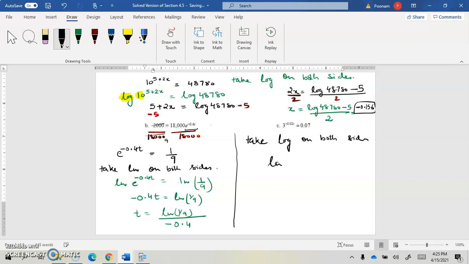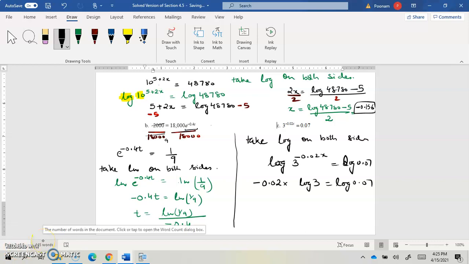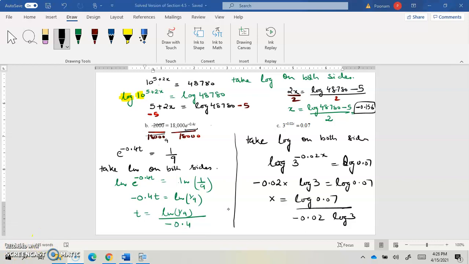So log of 3 raised to power negative 0.02x is equal to log of 0.07. Using power property, dividing by the constant on both sides, x would be equal to log of 0.07 divided by